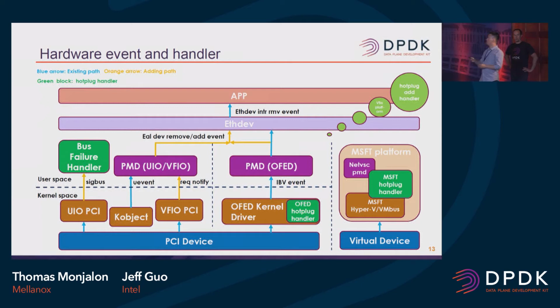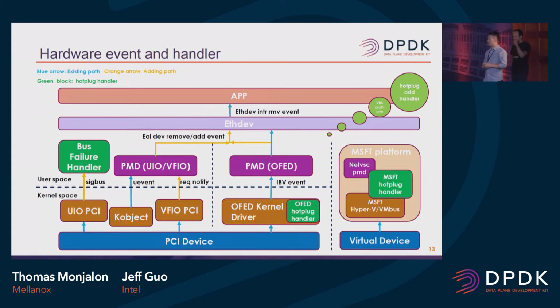For example, Microsoft implemented the Hyper-V VM bus, UUID and NetVSC PMD. So they have implemented their specific Hotplug handler for the use of the cloud business. And for the OFED kernel case, the Hotplug handler should be located in the OFED kernel driver, and then it uses the IBV event to identify the Hotplug hardware event and call back the application to do